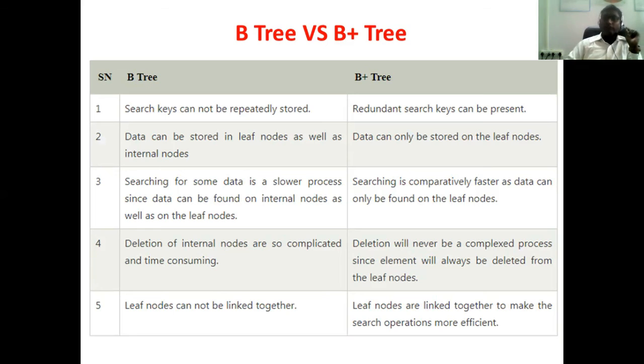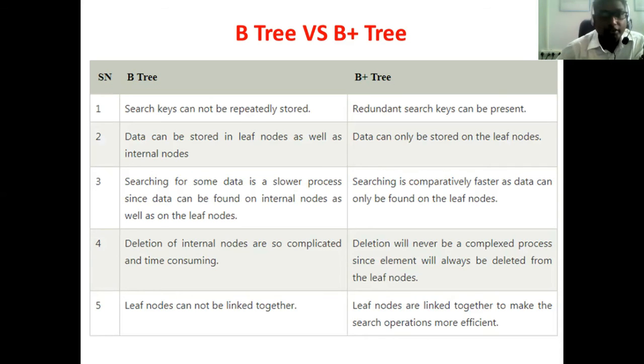In case of a B tree, in the node structure we require three things: a block pointer, a key value, and a data pointer. It means that in B tree we have three things with a particular node. The block pointer is nothing but the child address. The key value is nothing but the search key value. Next is the data pointer, which points to where your data is present. But in case of a B plus tree, only key values and child addresses are there. The data pointer will always be stored in the leaf node. All the data pointers are stored in the leaf node. All the data are available on the leaf node.